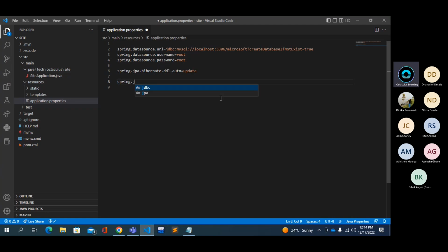Spring dot JPA dot properties dot Hibernate, as we are using Hibernate. Okay. So dialect equal to